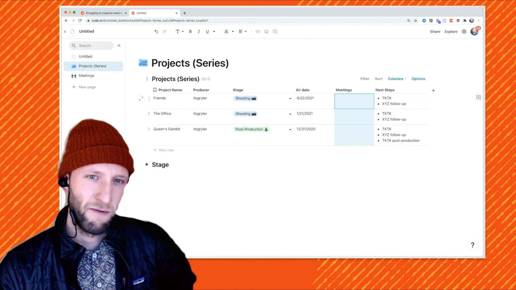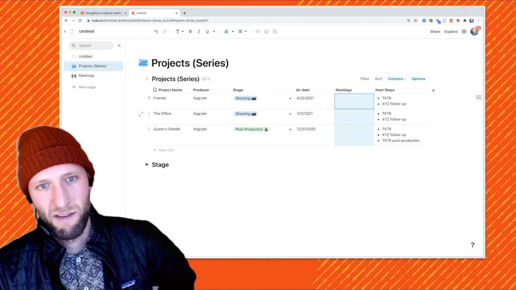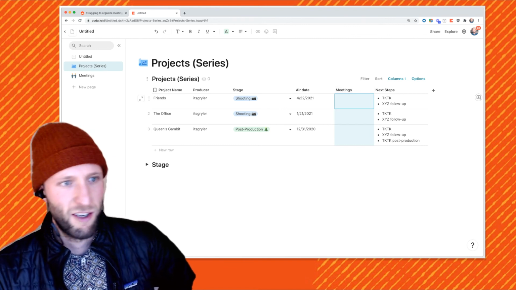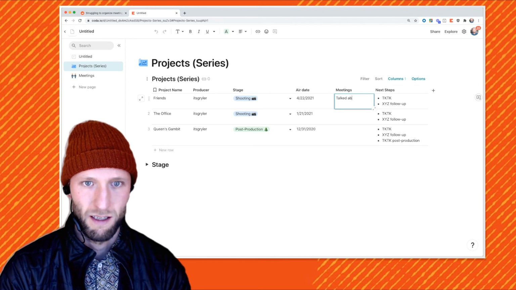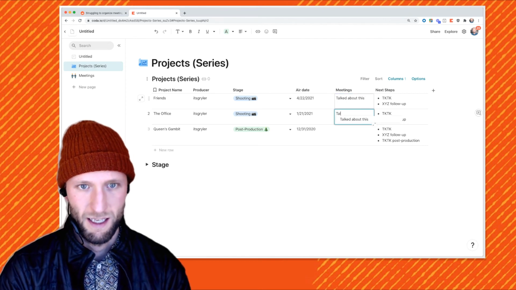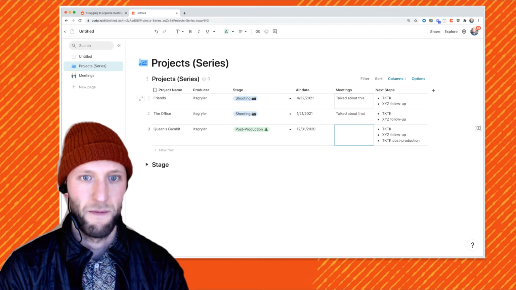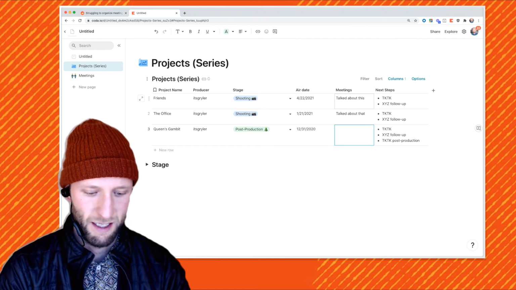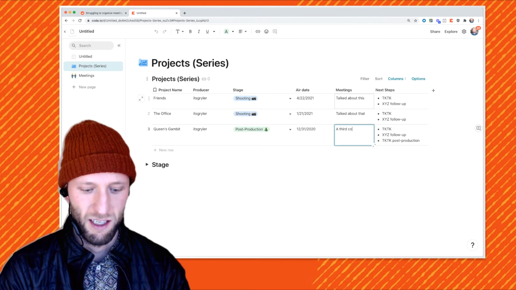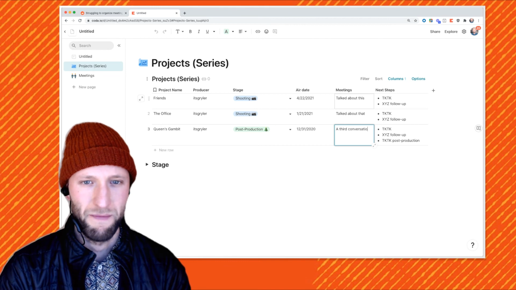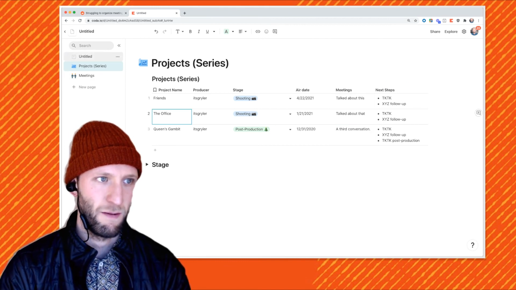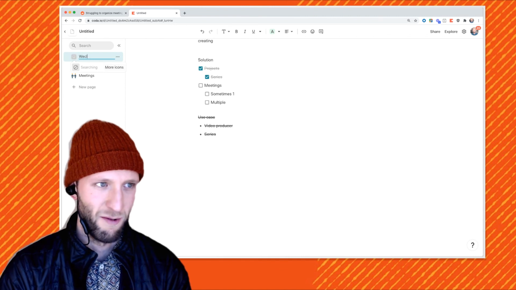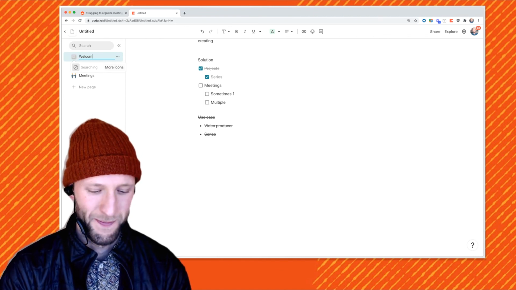A little more confusing, but if we wanted to just generally show the style, then I could say like we talked about this, talked about that, and a third conversation was here. But I usually like to keep it simple. Just have a meetings page, a projects page, and then this would be some sort of welcome. This is actually more of just a scratch right now.